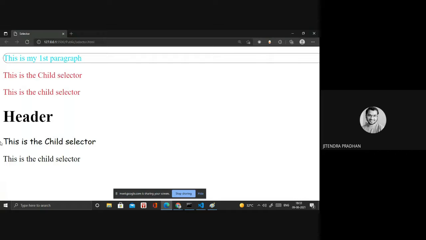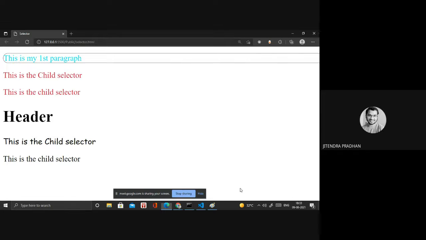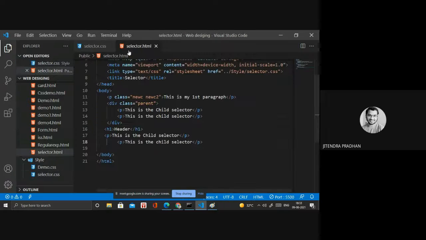Have you observed that? It only applies to the first paragraph, because it's an adjacent selector. It means that in the HTML, if you use two tags, an H1 tag and after that a P tag, it is an adjacent tag.